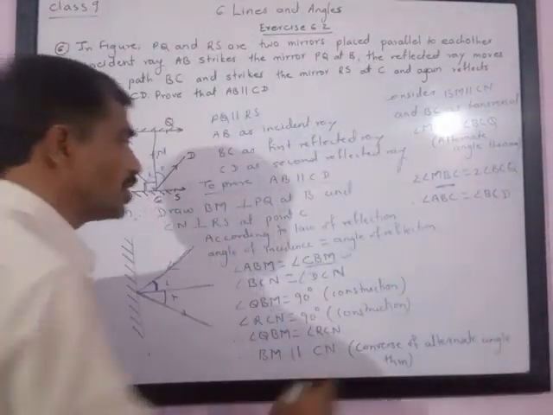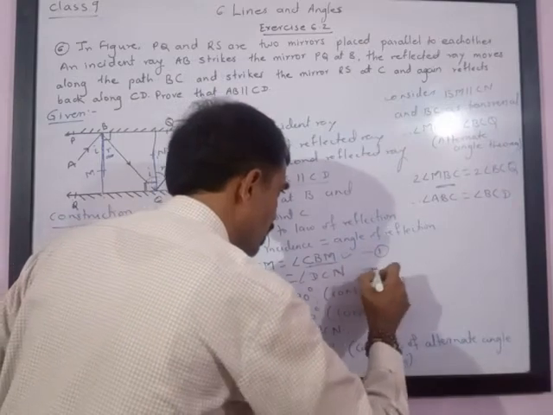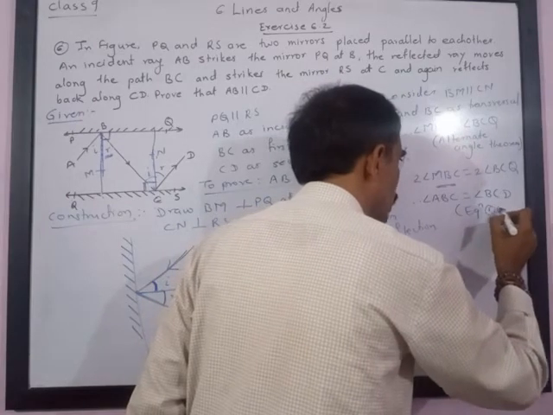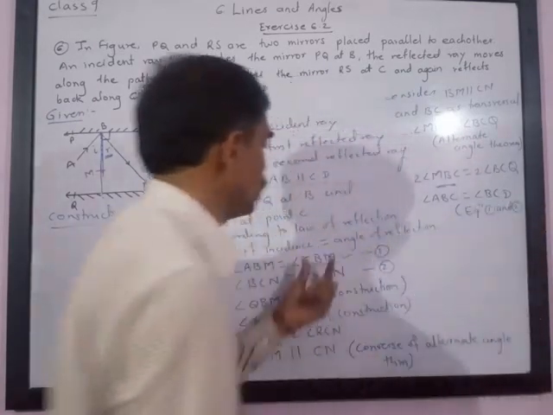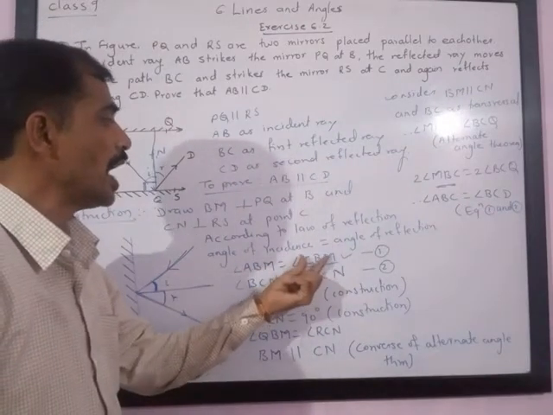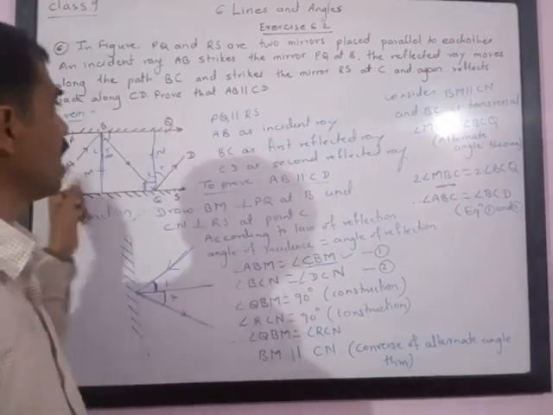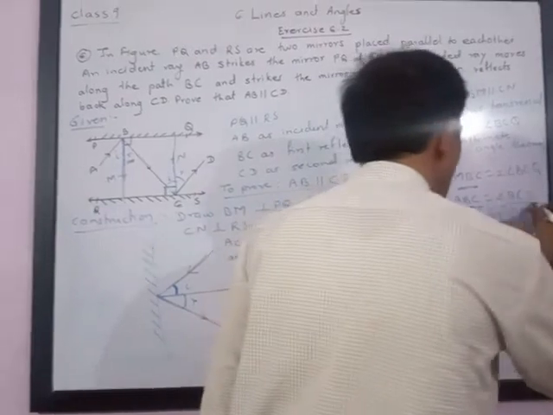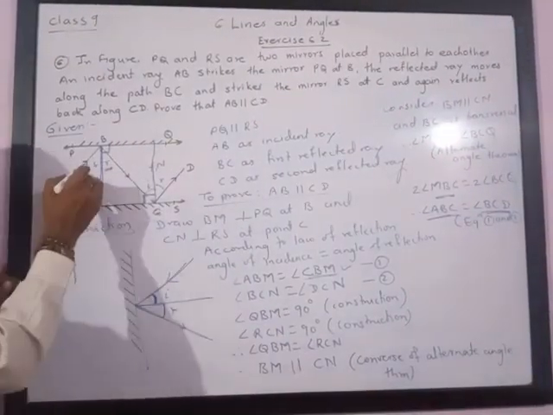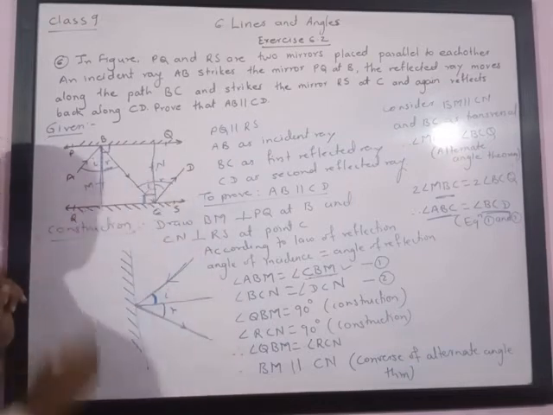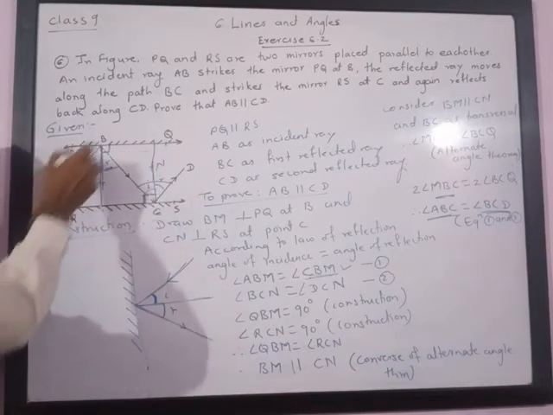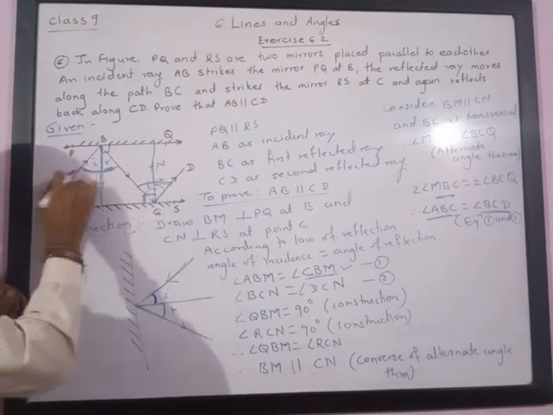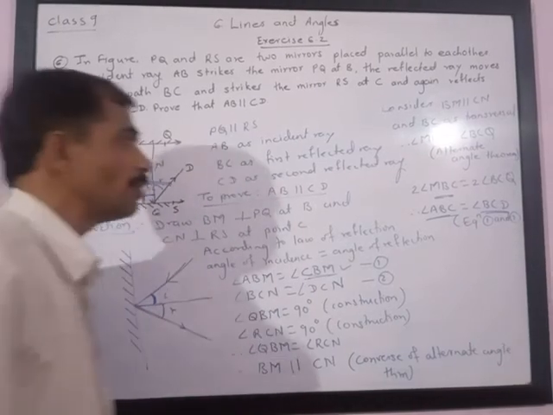Now I am going to use the reference from equations 1 and 2. So the reason I am going to write here is equations 1 and 2. Since these two angles are equal and adjacent, together they form angle ABC and angle BCD. Now, we have got angle ABC equal to angle BCD. So you can consider AB and CD as two lines, and ABC and BCD form an alternate pair of angles.